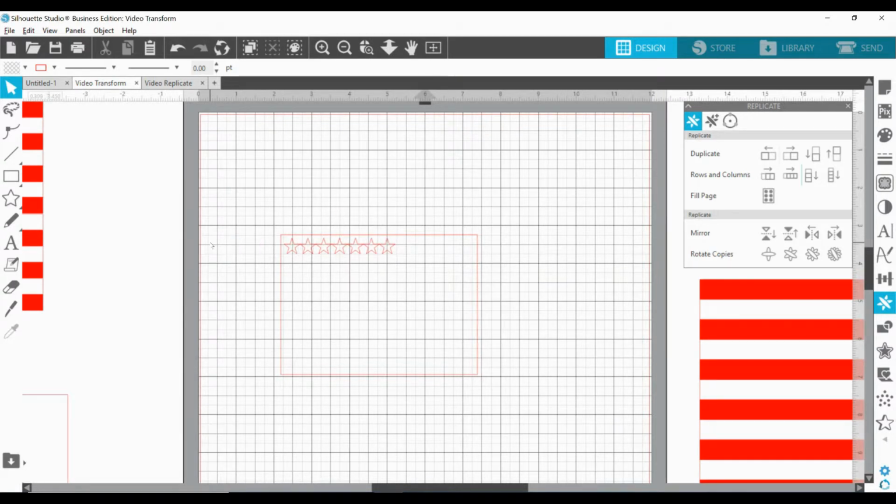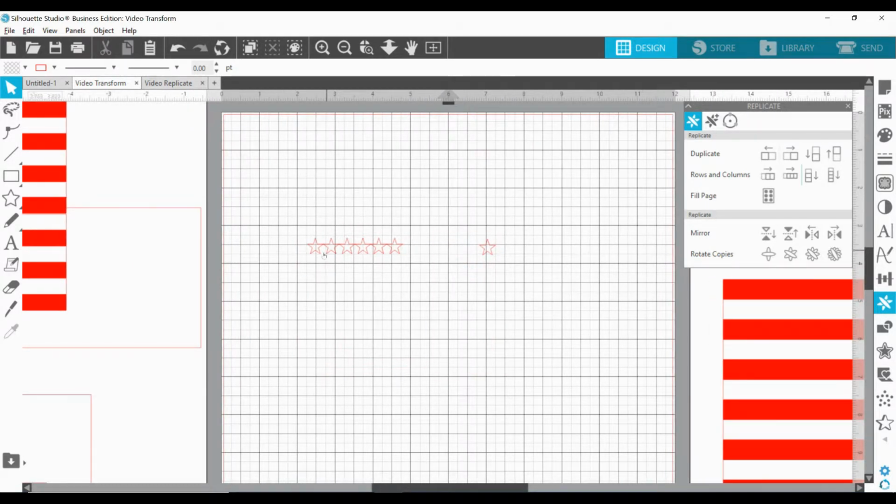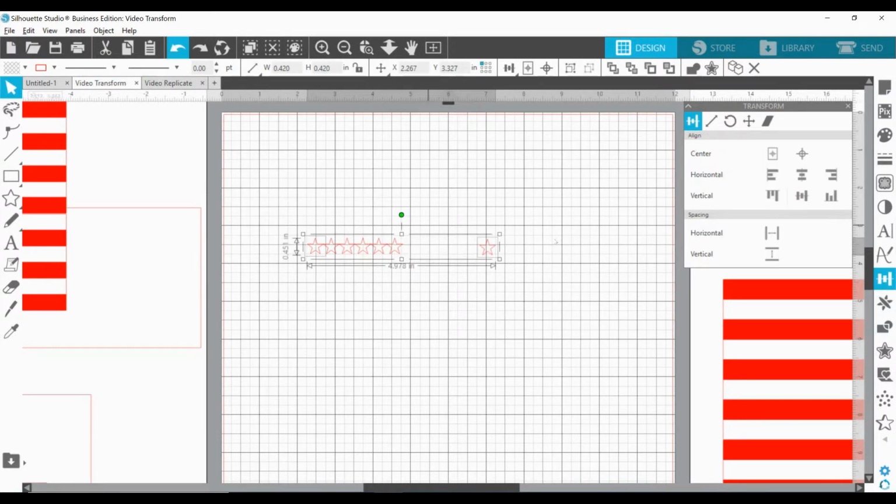Okay, so now what I want to do is take these stars, and I'm going to take this one right here, and I'm going to pull it out to about the same distance that this one has. Now, it doesn't have to be exact, and you'll see why in a minute, but close. So now I'm going to pull this away. I want to click on the first one and the last one, and I want to line those up right there so that they're lined up in the middle. I could have done the top or the bottom because they're the exact same, so it wouldn't have mattered,